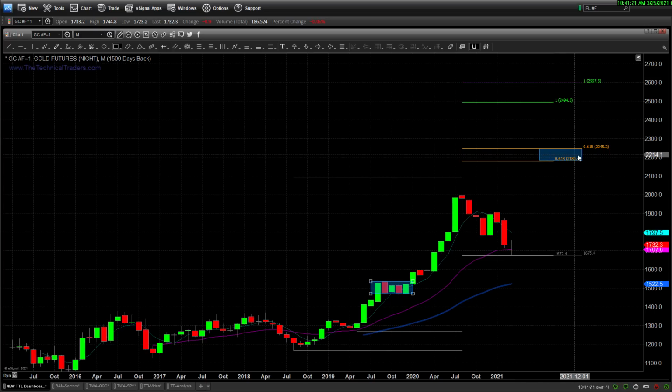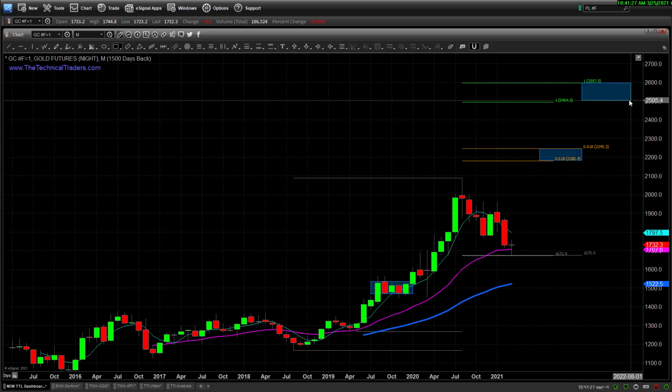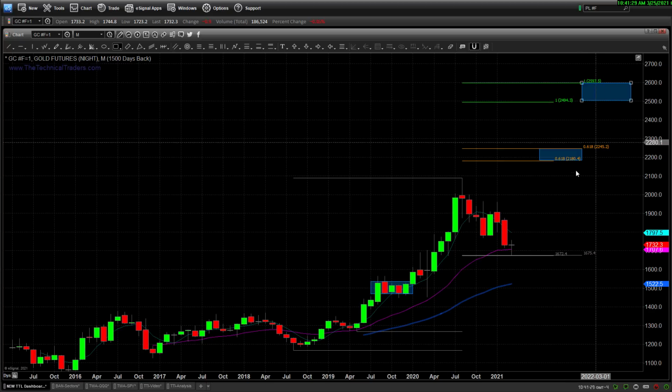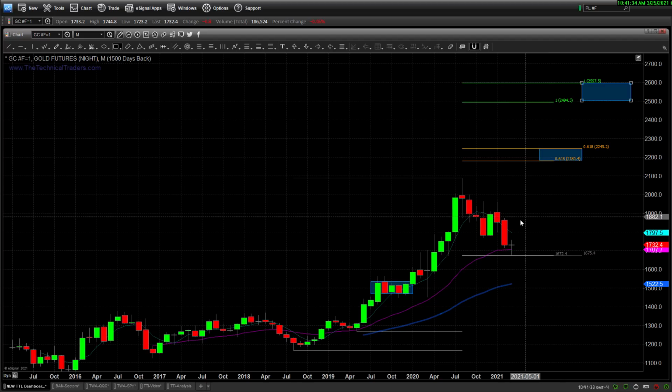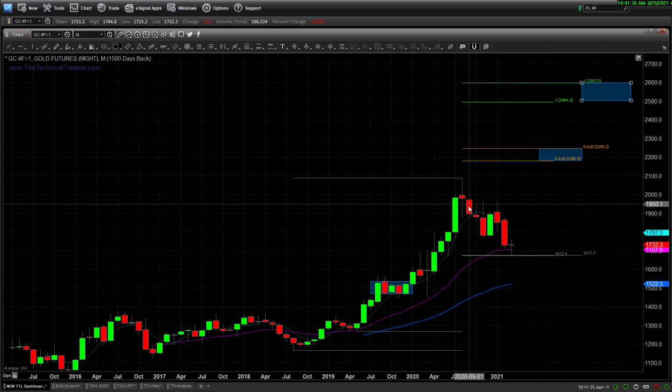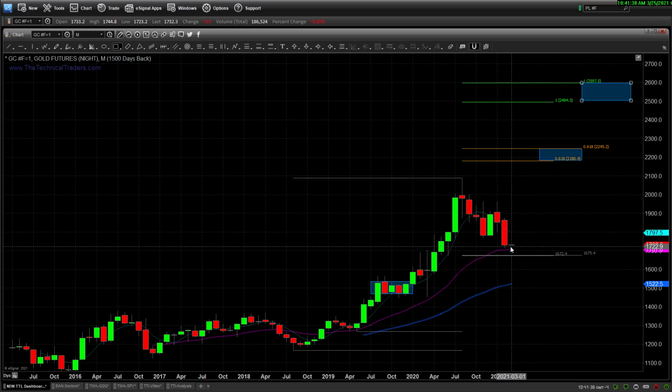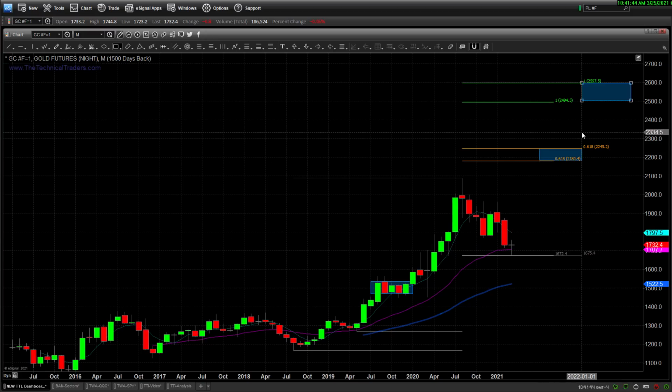So that's half of a year right there. If it gets up there, it could just pause and chop around before going higher. The next upside target would be somewhere up here, 2500, 2600 to the upside. And that could be a fairly significant top that could take a year. Right now we're at 1, 2, 3, 4, 5, 6, 7, 8, 9, 10, 11, 12. This could very easily be a year-long pause, consolidation, before really putting in a bottom and starting to head up